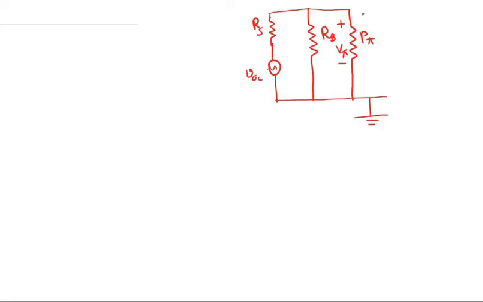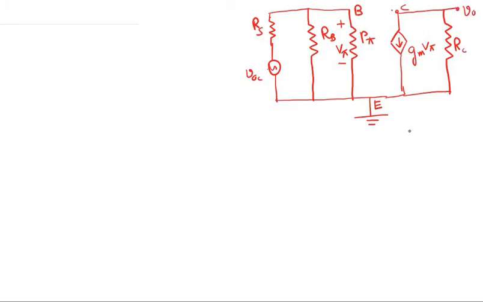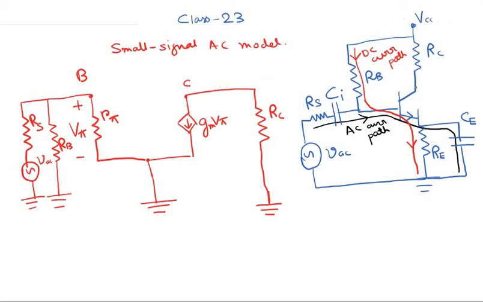Okay, and so this is our base. This is the emitter terminal, which is grounded, and then this is the collector terminal, suppose. So the collector is basically represented by a dependent current source, which is GM V pi, and then we have this resistor RC. And the output voltage is basically taken across this resistor RC and the AC ground. So if you see this figure over here, the output voltage is basically taken through a capacitor from this point.